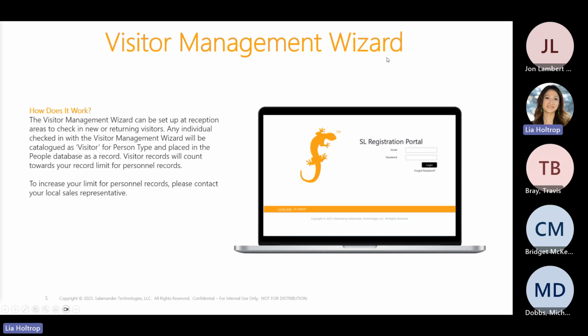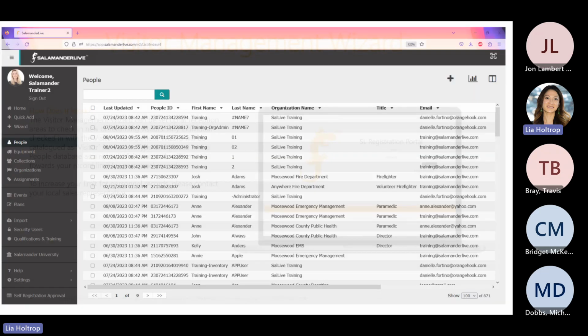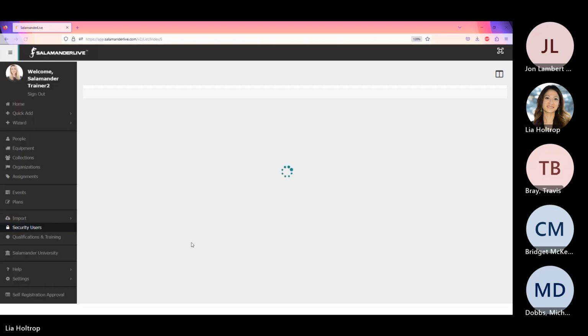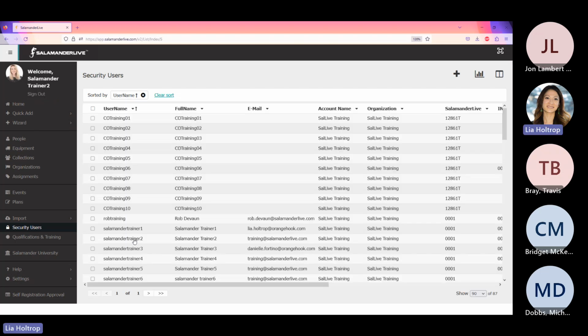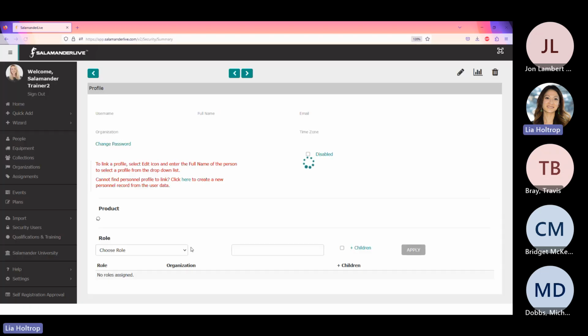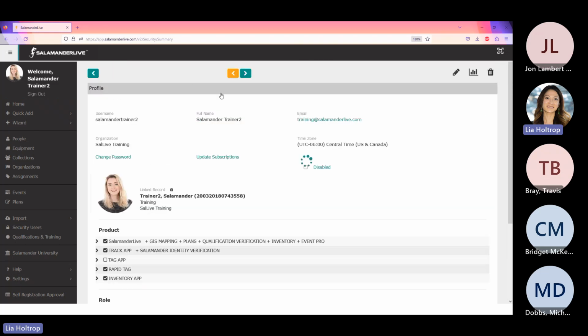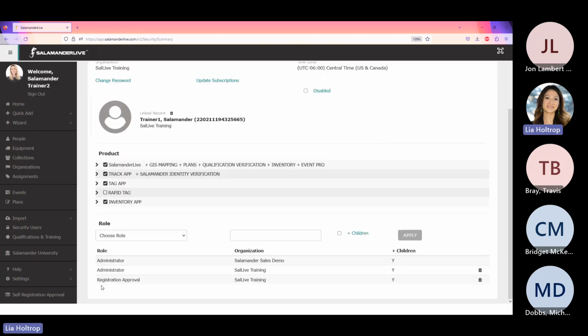All right, so let's take a look at Salamander Live. We'll dive right into the wizard. First of all, let's take a look at access. Under security users, go to your security user profile. And again, you can't assign this to yourself, but you can assign this to others. So again, contact us and we'll assign it to you, which would allow you then to assign this visitor management role to other users. So if I select someone else in here, simply going in here,